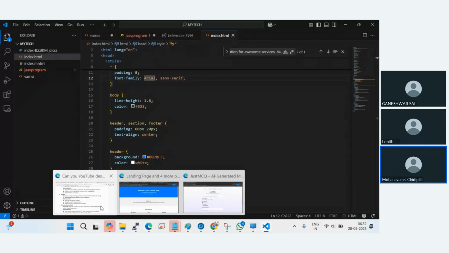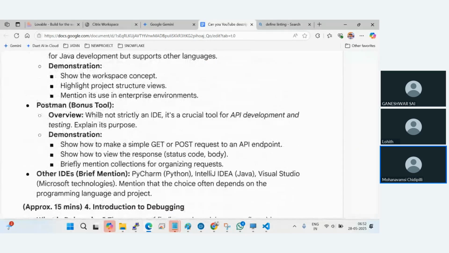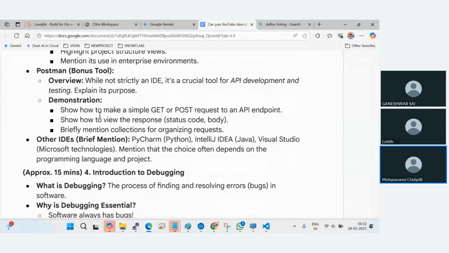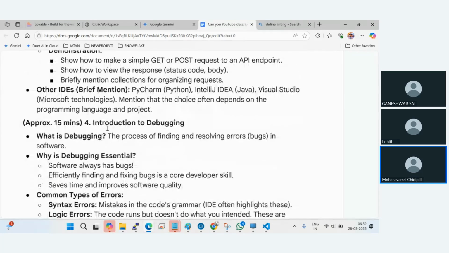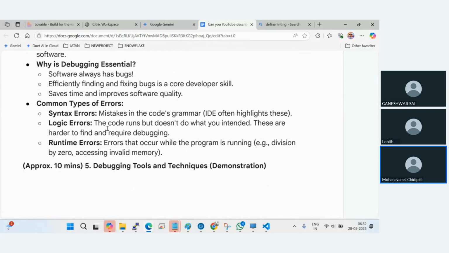And the next point in IDE is that it's the same thing for Visual Studio, Eclipse, Postman. We'll discuss Postman and SOAP later, but the rest of the things are the same. This is the same thing we will do. Any syntax errors,